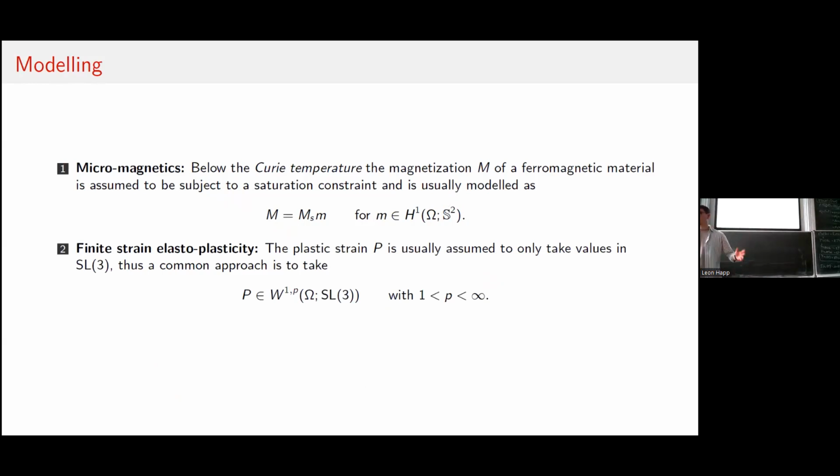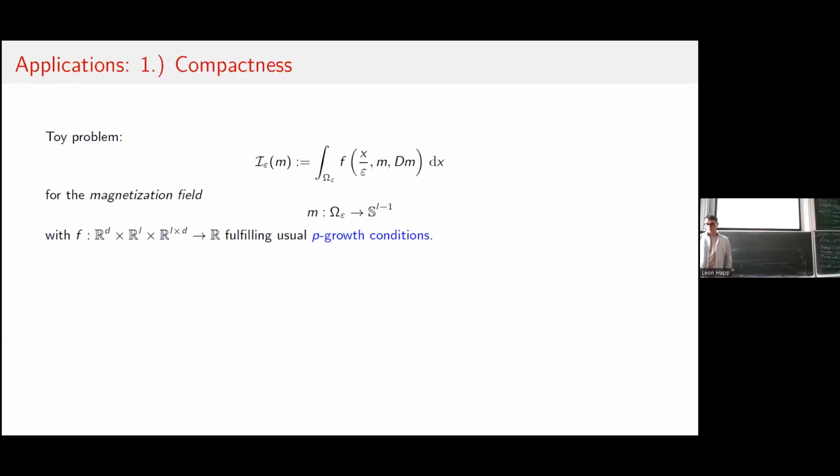Okay, at this point, I should tell you that our extension operator will be able to deal with the first case, so of micromagnetics, but unfortunately not with the second case. There are two issues here. First of all, SL3 is not compact, and then also it's not simply connected. And we will see that the simply connectedness condition and even a stronger condition will have to apply to your target manifold to make this extension operator work. But I will come back maybe to that issue at the end of the talk.